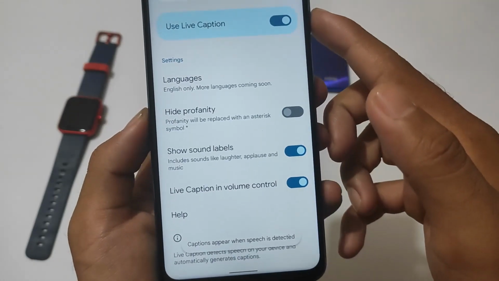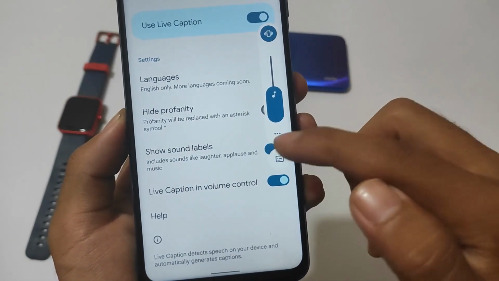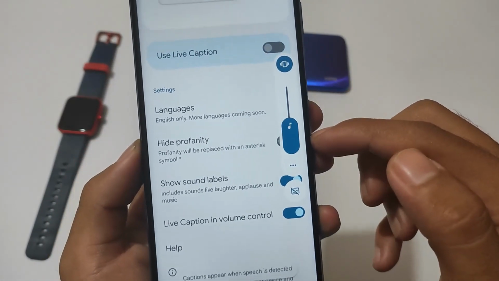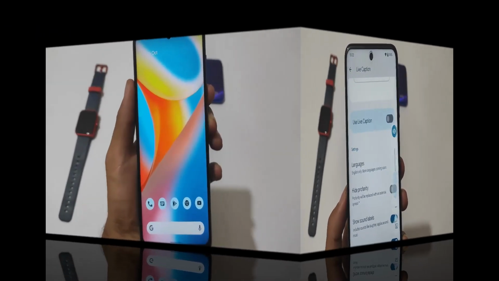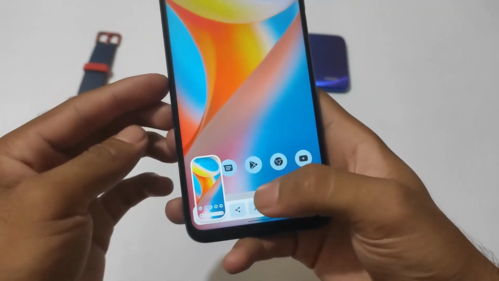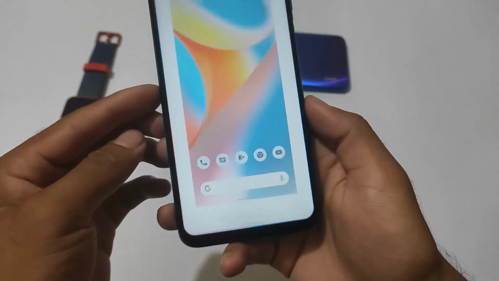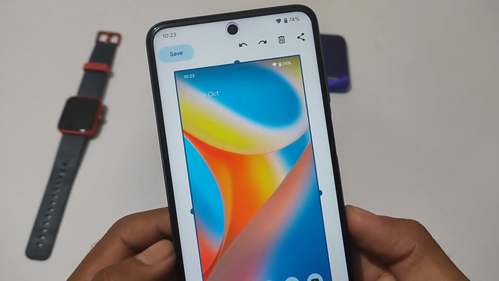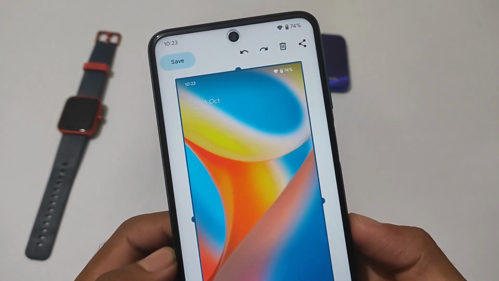And this is actually a Magisk module. This is available through a Magisk module, which I will provide you the link for, of course, and I will try to provide the link for the Hindi video. You can check out how you can install it and more. Let me show you one more thing. As we move on here, in this screenshot tile, you get the markup option, which means you'll be able to edit your screenshot. The features which you get in Android 12, everything is present here for you.